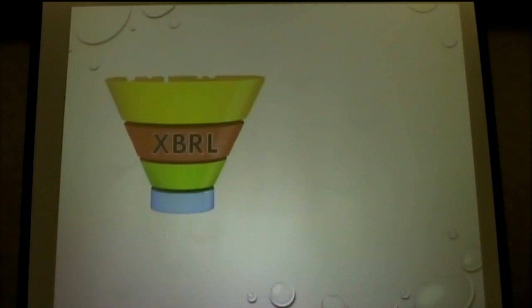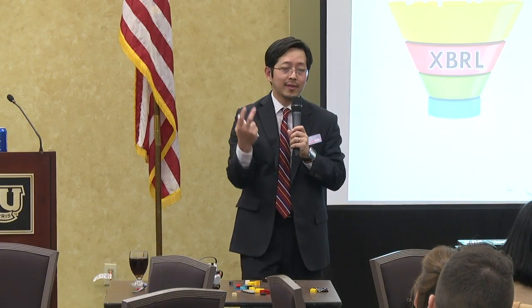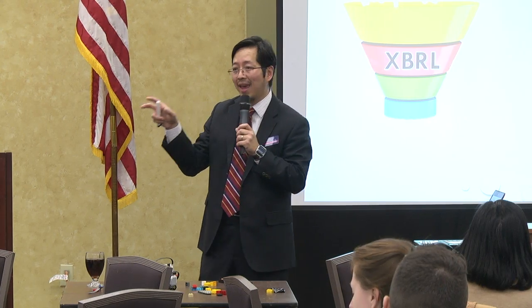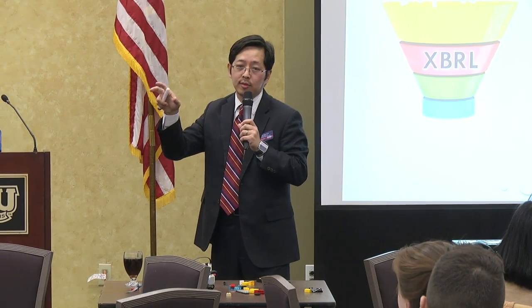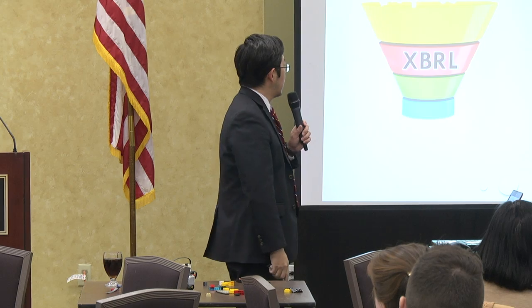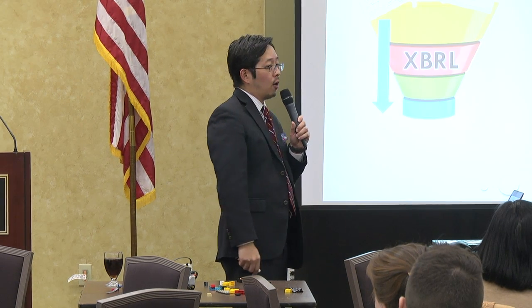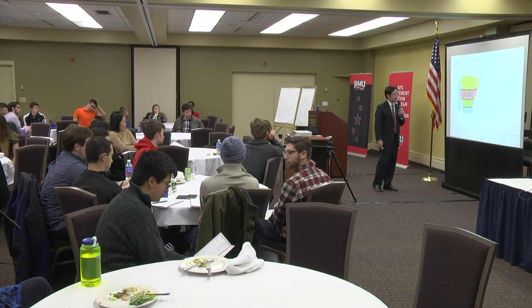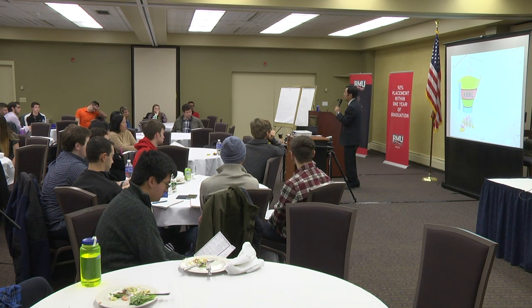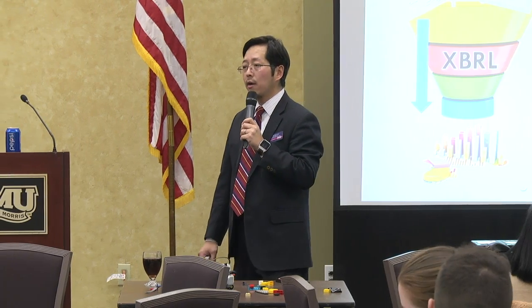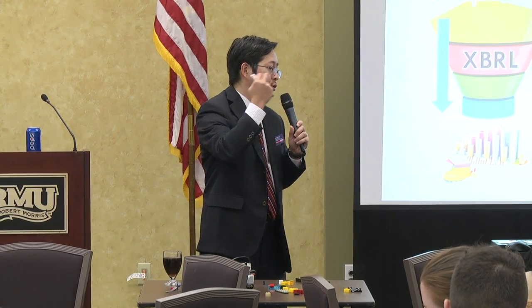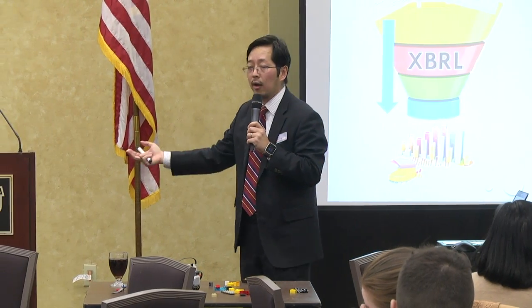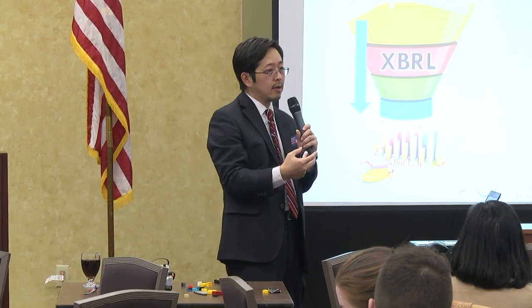So XBRL is like a scanner. Today, you can use your smartphone to scan the barcode, and you are able to see what's behind that barcode. XBRL puts all the financial data, financial statements into the scanner, and you have the analysis easily. So you don't have to find the annual report. You don't have to retrieve financial statements manually,